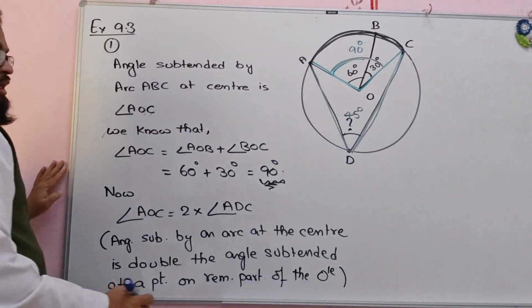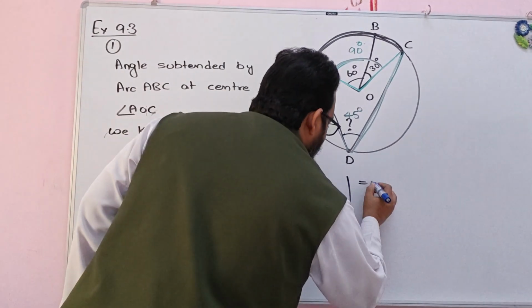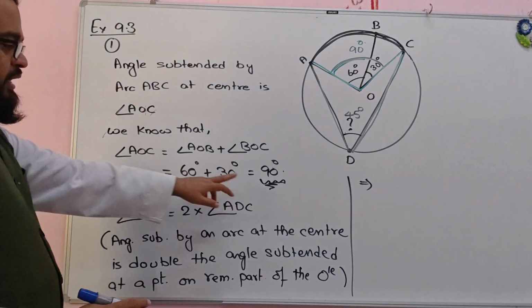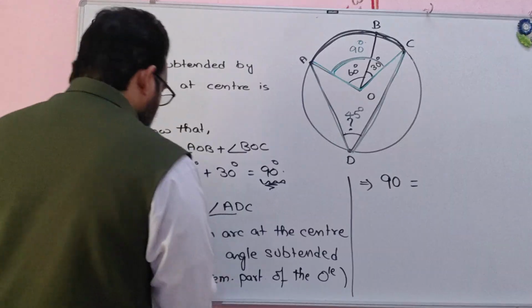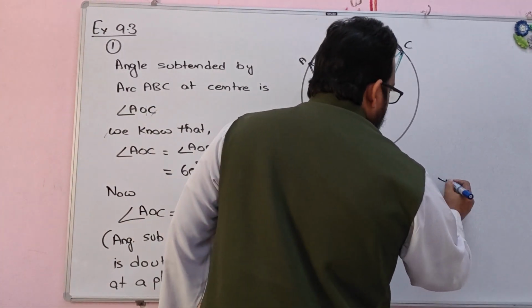Understood? So AOC we got as 90 degrees. So 90 degrees is equal to 2 times angle